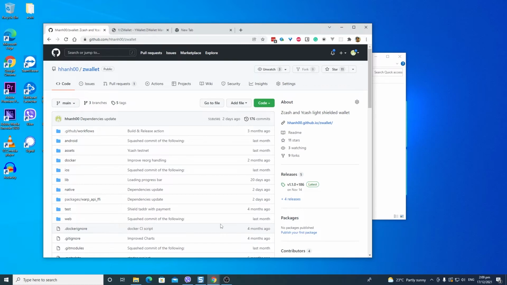So let's go back to our problem. We know now how to detect incoming funds, right? We do the trial decryption. And we know how to do the spend, right? So the idea of doing the spend is, when we have received the node, we have computed the nullifier, and now to say that we are spending, we are giving that nullifier to the network. But again, all this stuff is very well hidden